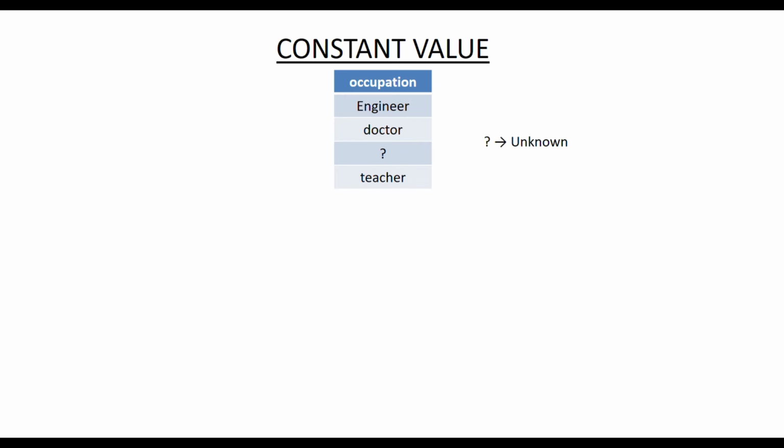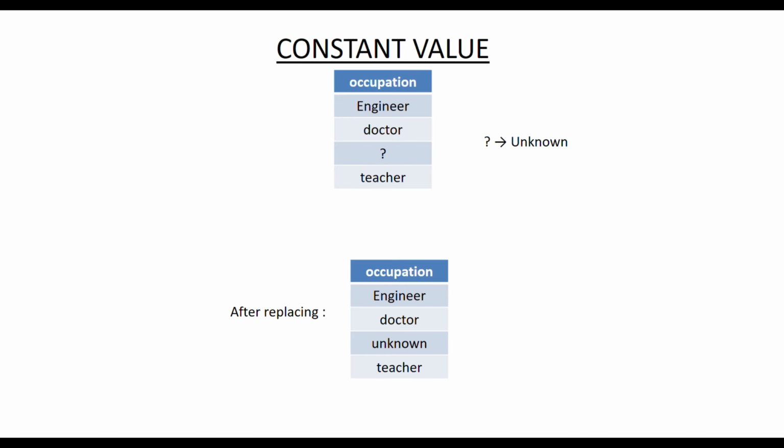Another approach is constant value imputation. Here, instead of estimating the missing value, we assign a fixed value. For categorical data, we might use a category such as unknown or not available, like this. This can be useful when the fact that a value is missing is itself meaningful, but we should be careful